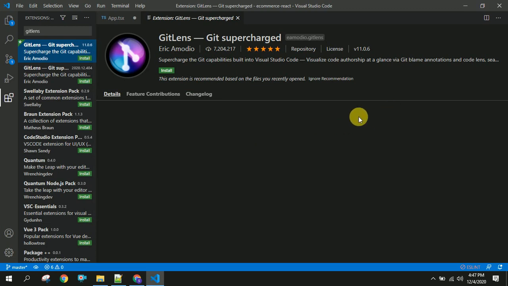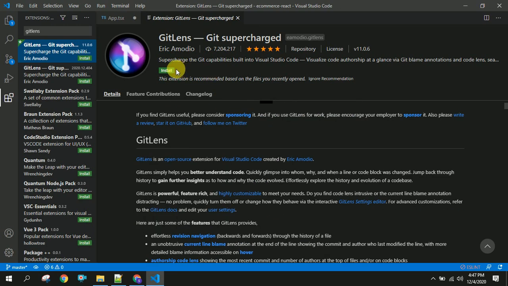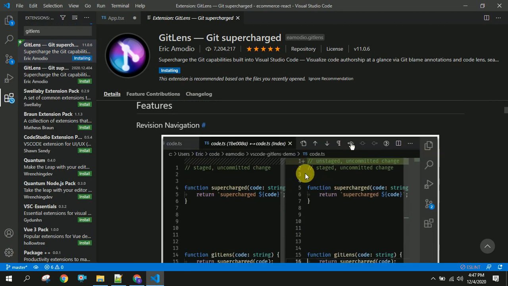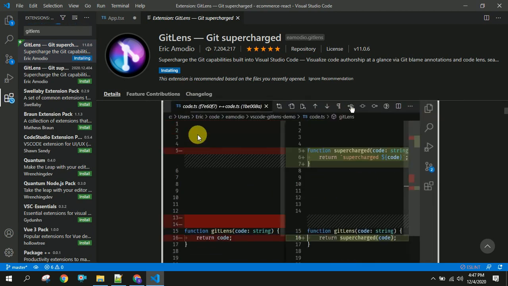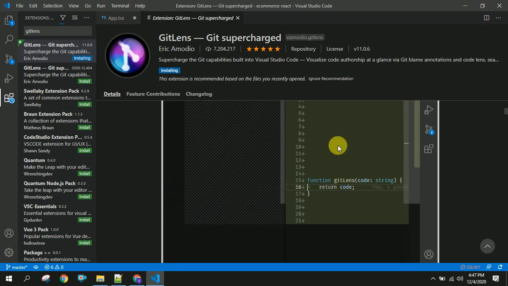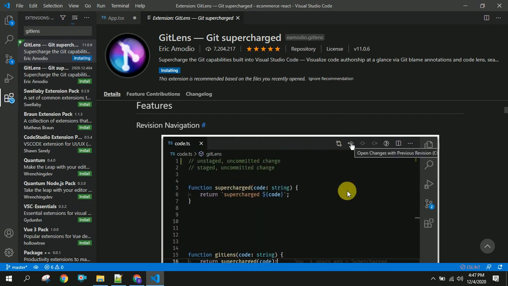This is used for checking the previous code. Like you have changed something, and if you want to see what changes the file had previously, you can check it directly by using GitLens. I am installing this. You can see here, this is the initial code and you have changed it something like this. Once you click on this, you will have the previous changes, and this is the new changes like this.